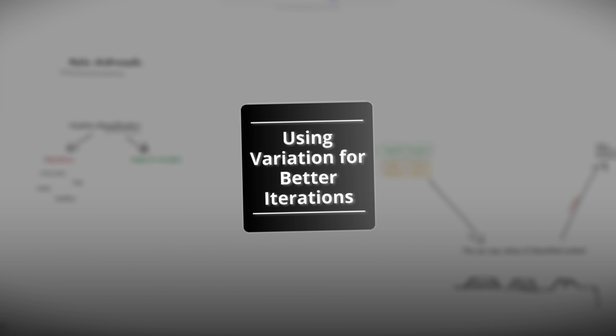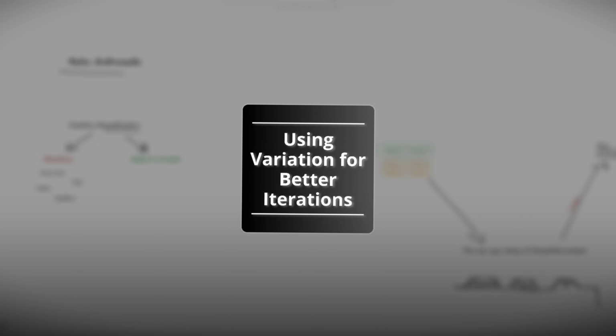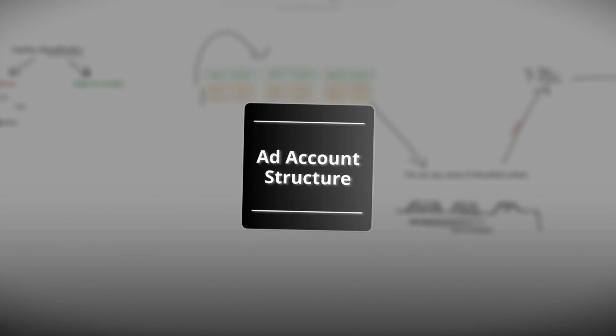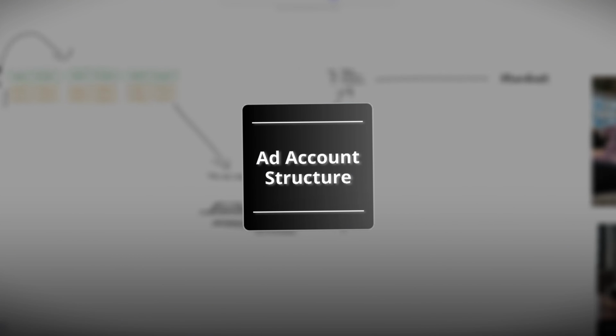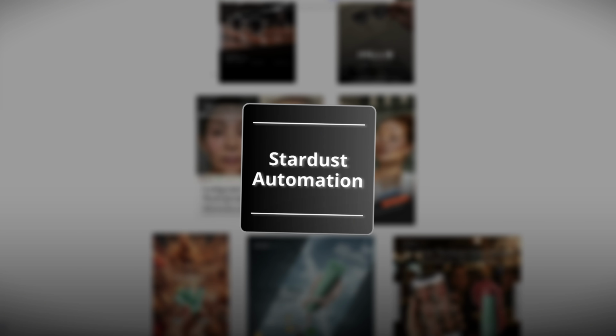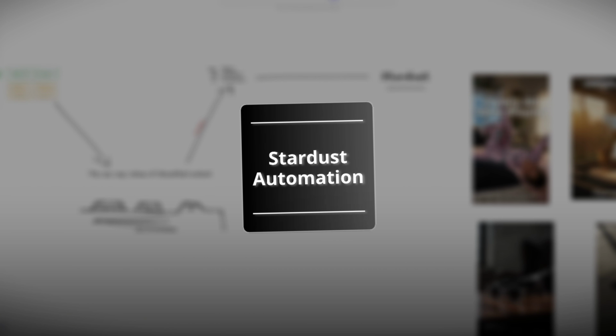What's going on, guys? In this video I'm going to go over the obvious panic mode thing for Q4: Meta Andromeda, how to actually diversify your creatives and how to use variation to create intention in your iteration so that the new angles are better, how you structure your actual ad account and the problems that occur after this update, and then how to use Stardust to create an infinite amount of creatives automatically based on your data without even having to prompt them and managing these problems. So let's get straight into it.